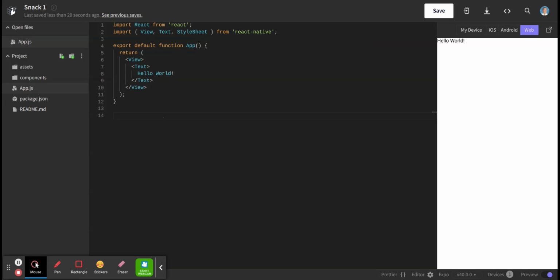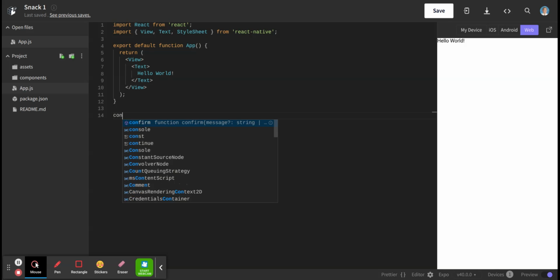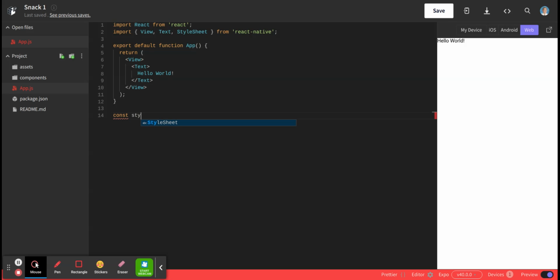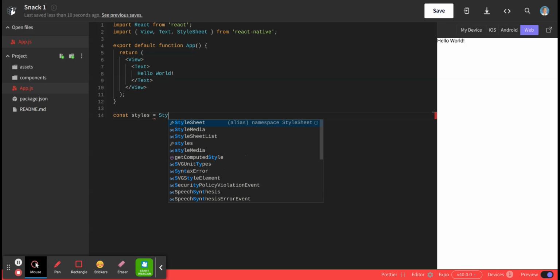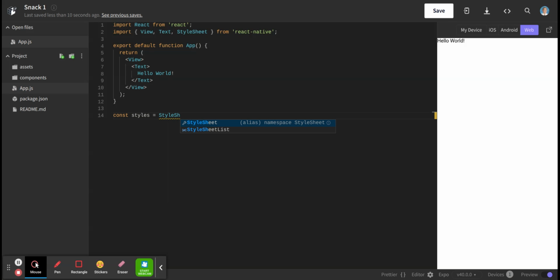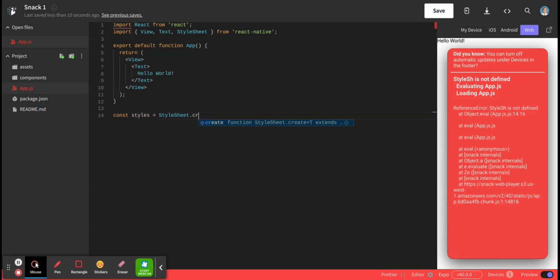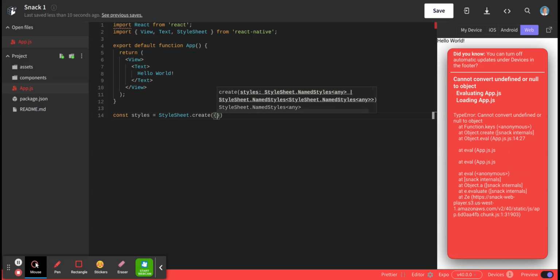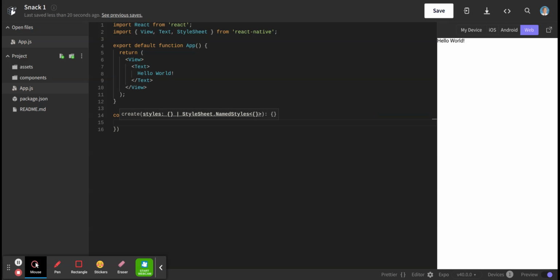Okay, now on the bottom here, this is where I'm going to put all the stuff about styles. Let me show you how to set it up, how it looks. const styles = StyleSheet.create({